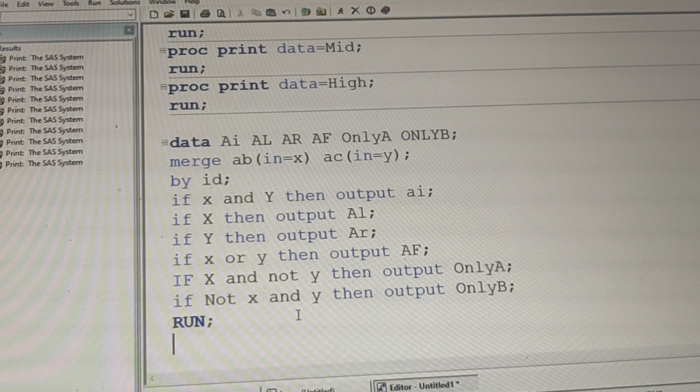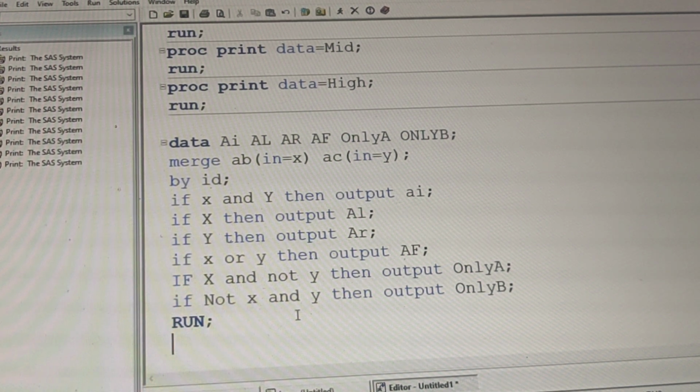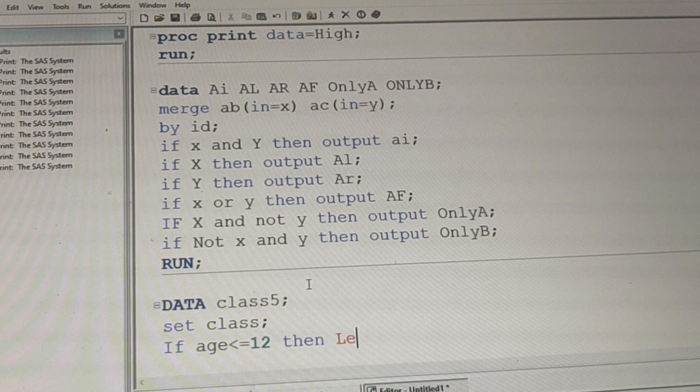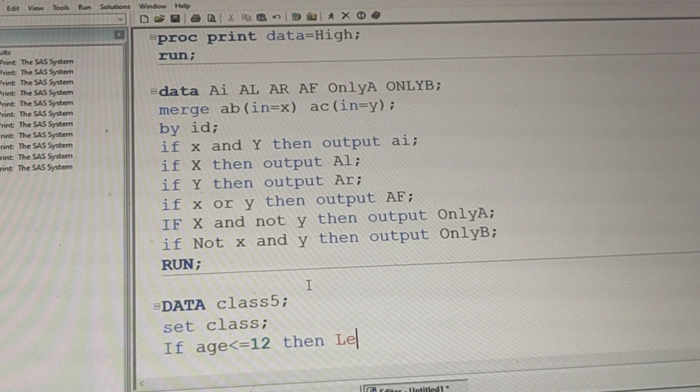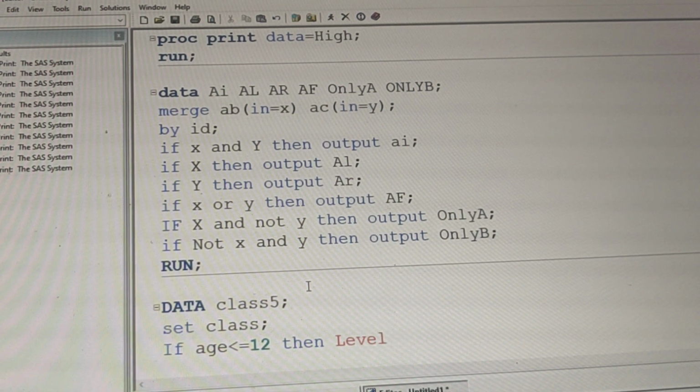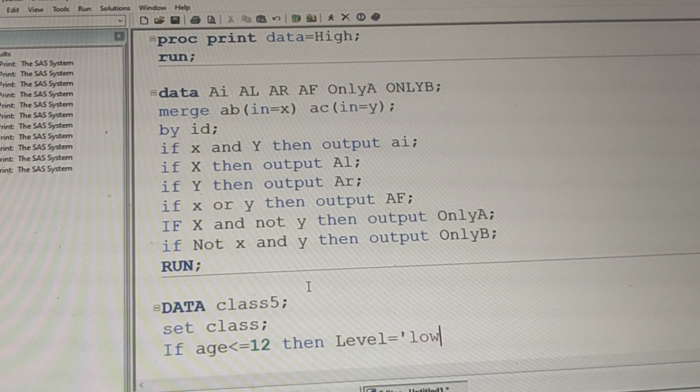This we have not actually discussed in our last class, so not possible. What is my point? Okay, so if age is less than or equal to 12, then level is equal to, here I am giving